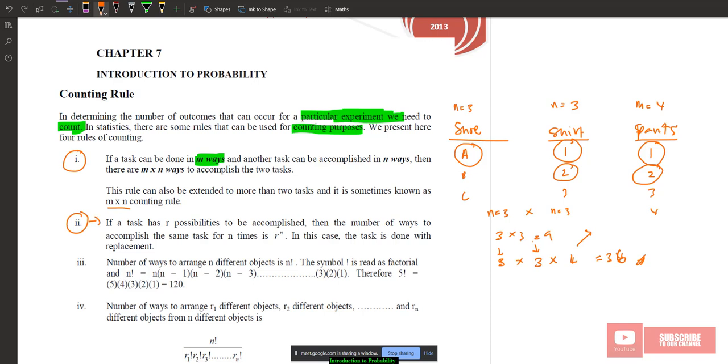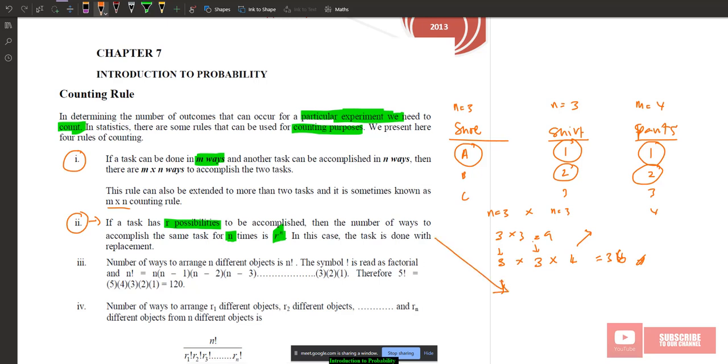So another rule that is available in the counting rule, right? If a task has r possibilities to be accomplished, then the number of ways to accomplish the same task n times is r to the power of n, right? So in this case, the task is done with replacement. For example, for this theorem, this example,